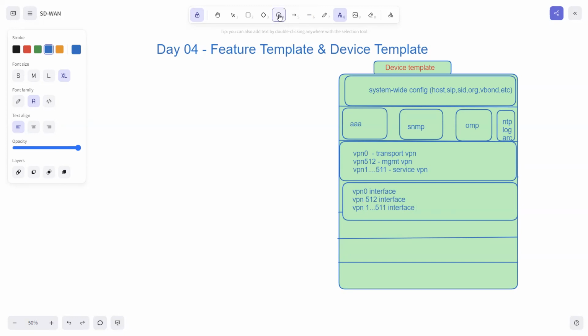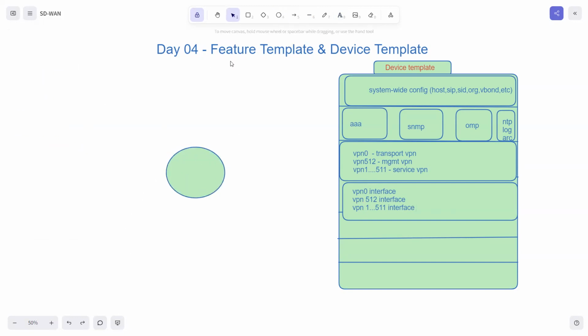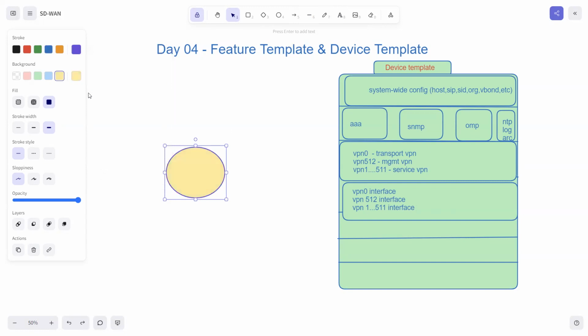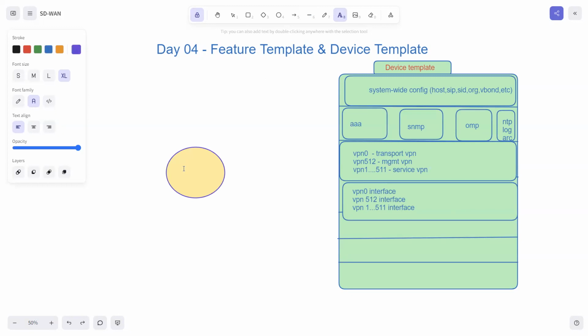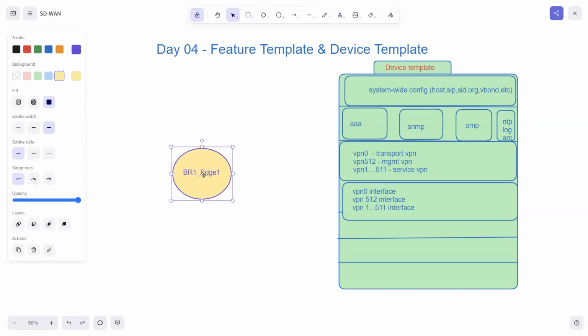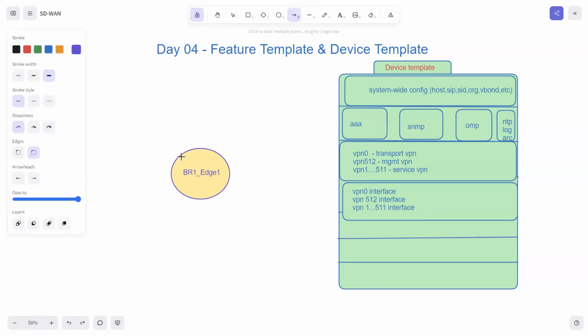Suppose if your architecture is like this, that you have one edge device, and in that edge device, suppose this is one of my edge device, say branch 1, edge 1, and this particular edge device, you think like this, the topology is like this, that I have two uplink,